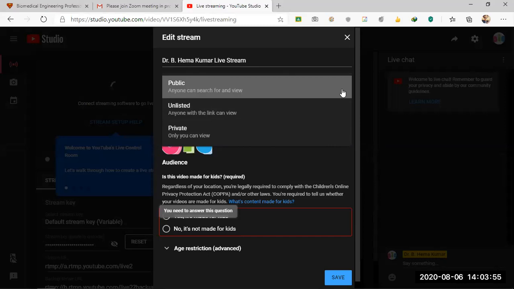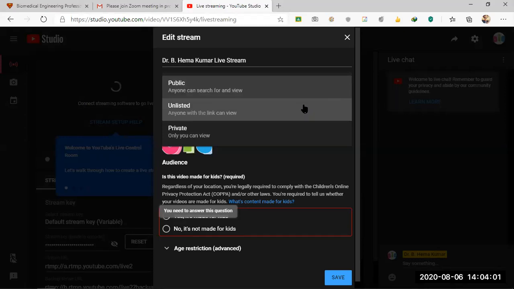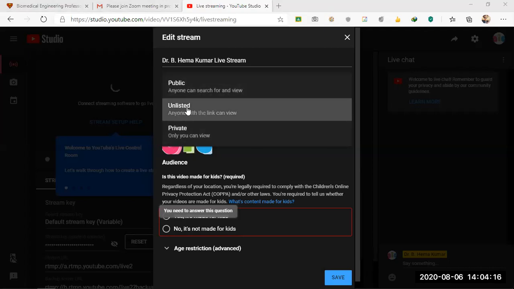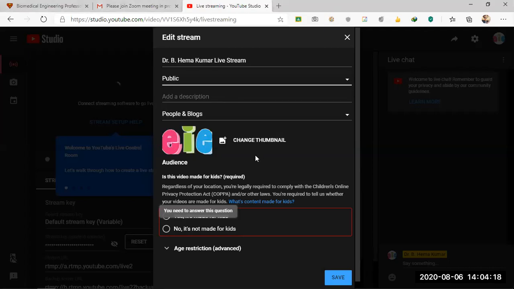Unlisted means if you give the video link to a person, then only that person can see. Normally, if they search YouTube, they will not get the video. Only if you provide the link, they'll be able to use it. Okay, so we can use public as of now.